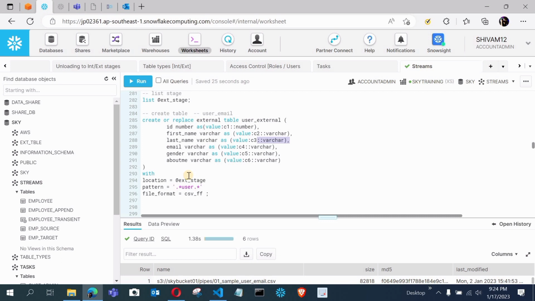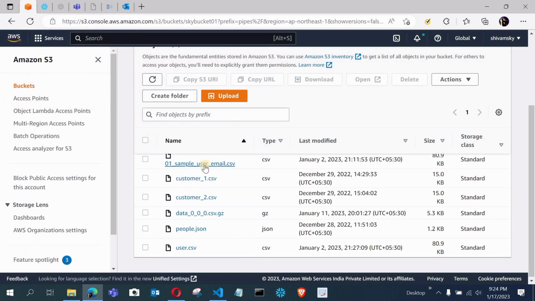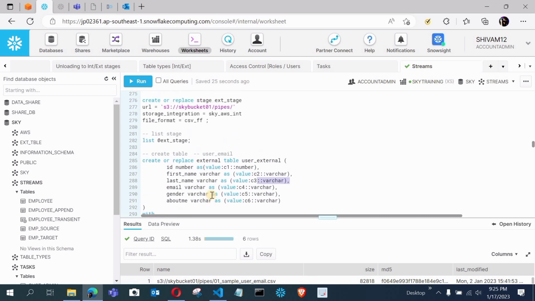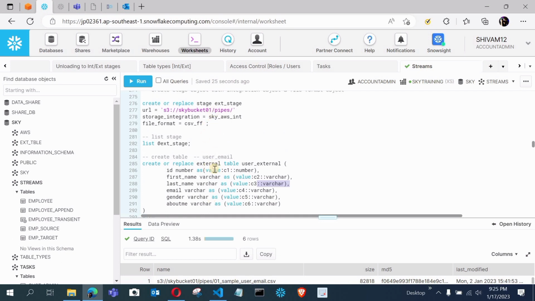Okay, we have discussed these things and we have done this in the previous session, so it's better to pause that external table concept first. We are creating this table from the external stage, and this pattern we will be using, and we will be loading these user files. This file will be loaded and this file will be loaded, and this file has 1000 rows and this also has 1000 rows. So we will be getting 2000 rows, and we are giving the file format property here as well. You can give the file format or you can leave it, because we have already given the file format properties to the stage as well.